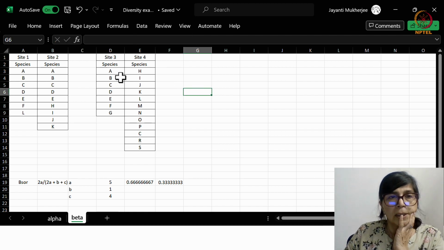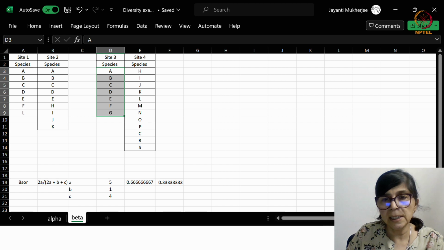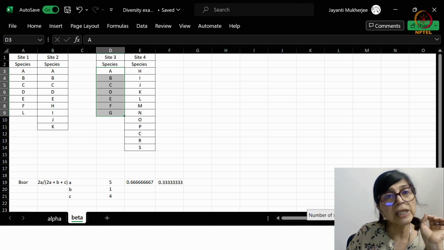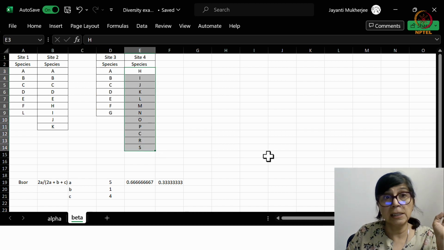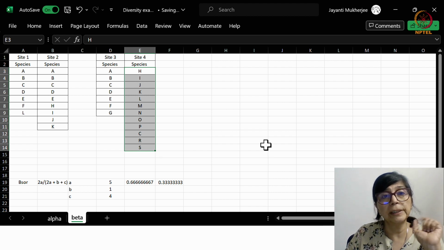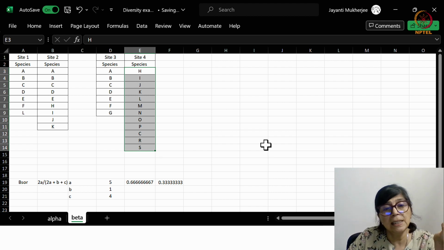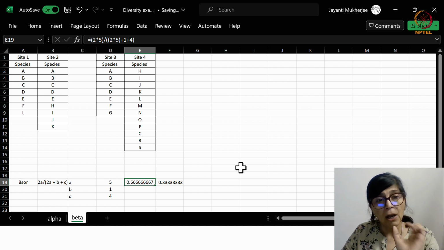Okay. So here I see A, B, C, D, E, F, G, so 7 species. So richness is 7. On the other hand, site 4 has richness 12. So quite high richness. Now let's see how it is in terms of nestedness and turnover. So from the first two sites we saw that this will be actually a measure of nestedness, which is similarities, which is quite high or 66%. However,